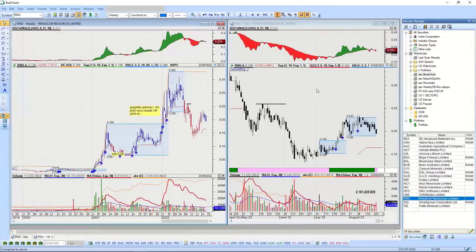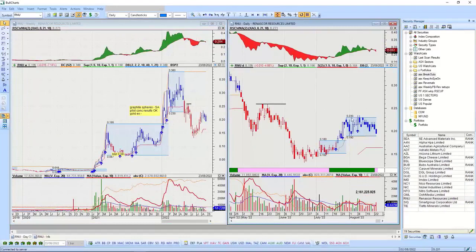Okay, here's one. Here's a graphite spheres resource. If I was interested in this particular stock, I would buy it at, say, 23, 23.5. So where does it have to go in order for me to get a reasonable return? Well, on this one, it's fairly easy. I can go back to the previous highs. But I can use this